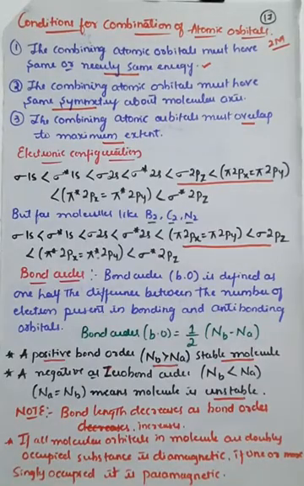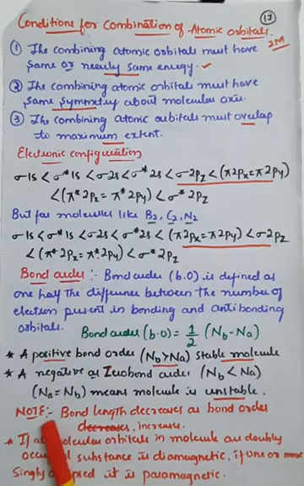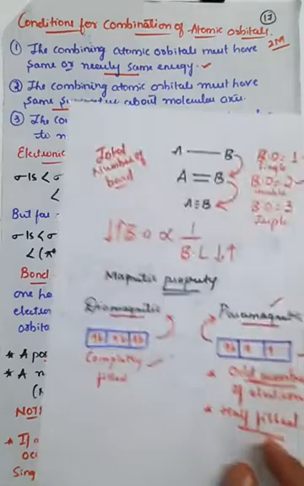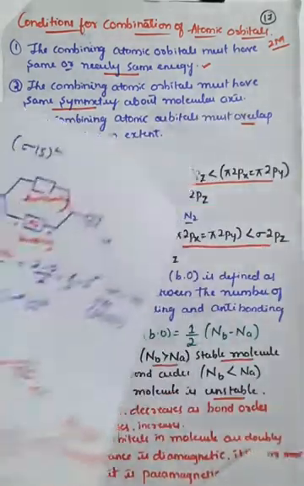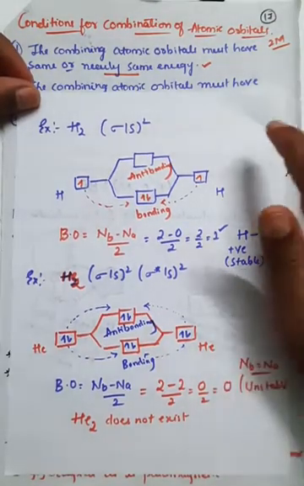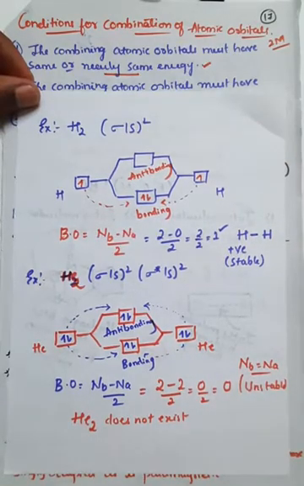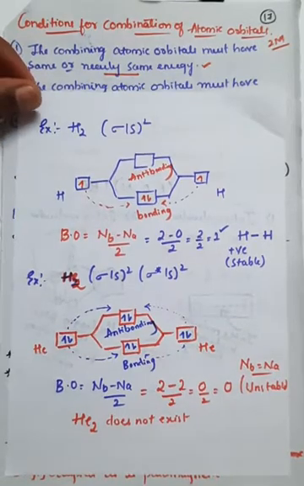Okay, this completes the chemical bonding chapter, and in the next class we'll go with a new concept. Before that, we'll see what we have learned today. That is very important, calculation of bond order along with the definition, and we have seen one important note point, that bond length decreases as the bond order increases. We have also seen some examples of calculation of bond order with the help of orbital diagrammatic representation. Hydrogen molecule and helium molecule I have solved, and you yourself try lithium molecule, carbon molecule as well as oxygen molecule.